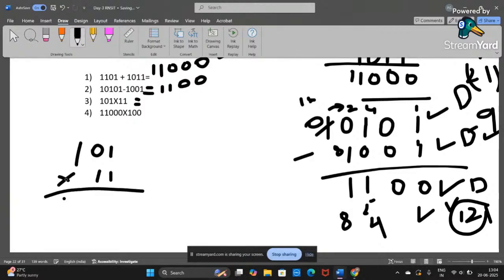Just cross multiply this. When you're multiplying with 1, you have to multiply all the numbers with this, similar to the decimal multiplication 101. And you have to leave a space. So then adding 1, 1, 0 plus 1, 1. For this, the answer is